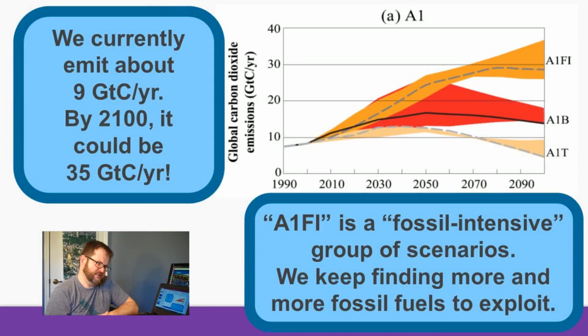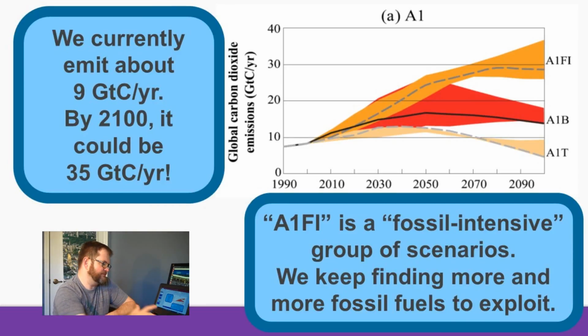in the A1 scenario. On the other hand, for example, there's A1T, which is a family of scenarios and estimates in which, well, maybe we could actually use technology particularly well to reduce the carbon intensity of the economy and so on, in which case we can actually start reducing the total amount of carbon dioxide we're emitting, although notice that we're still nowhere near zero, right? We're still, even at the end of the 21st century, emitting a fair amount of carbon dioxide into the atmosphere